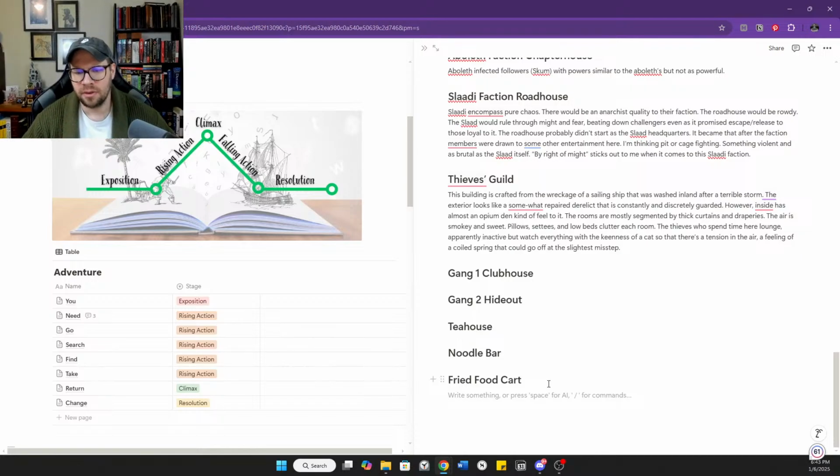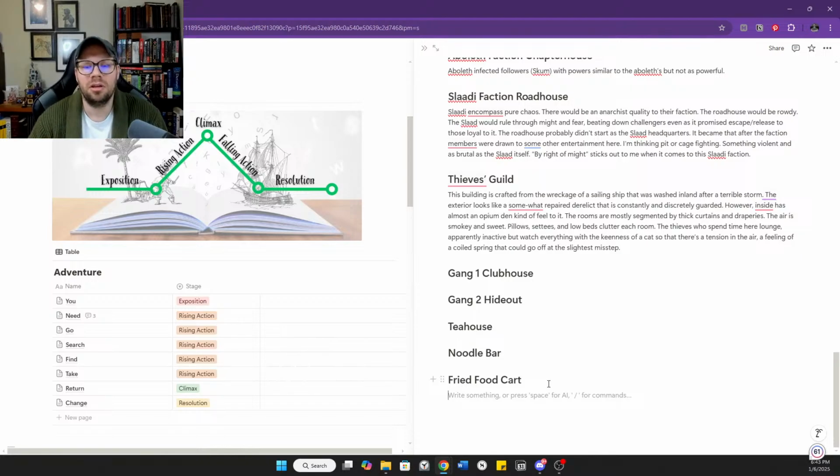So maybe let's start with our fried food carts. Fried or grilled food is one of those things you find in pretty much every city in the world. So it makes sense for there to be a food stall or a food cart of some kind. It doesn't have to be fried necessarily. Maybe it's grilled here. Although I imagine there's no shortage of oil in this domain of dread, with the kind of sea creatures that exist here. It could be that smoky whale oil that they could be frying things in. Plenty of fats, fish oil and what have you.